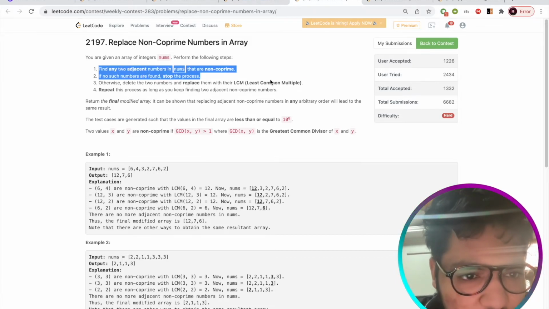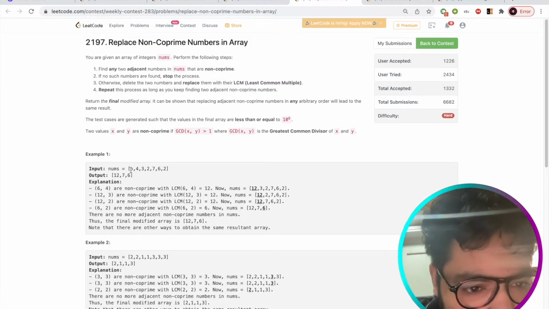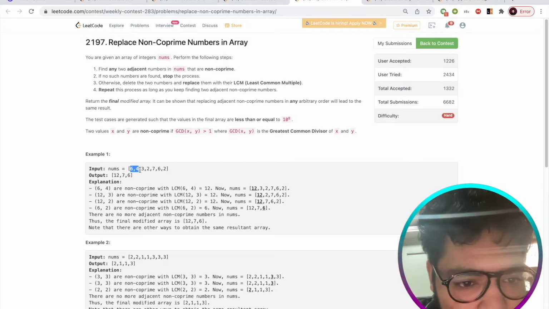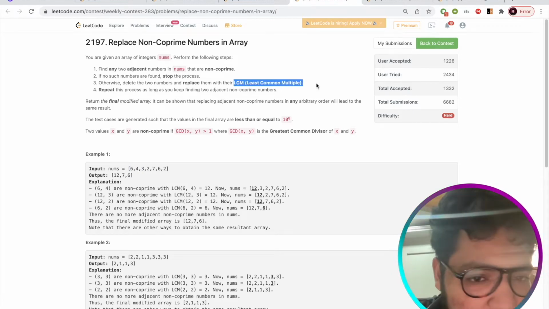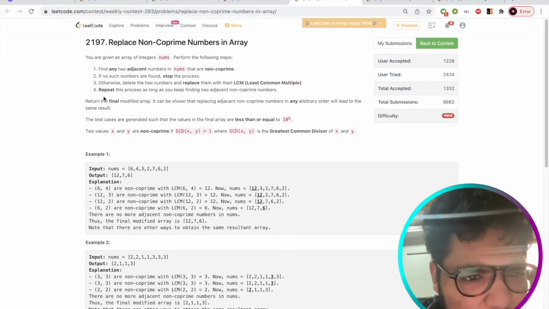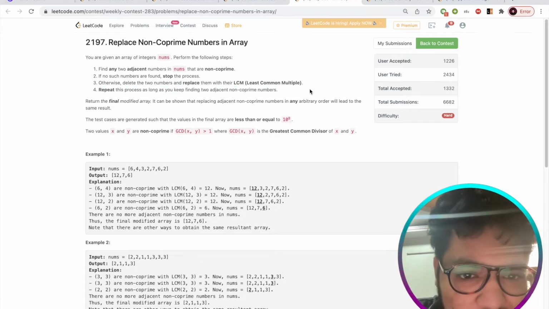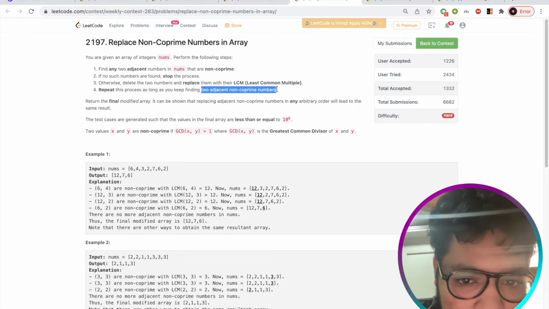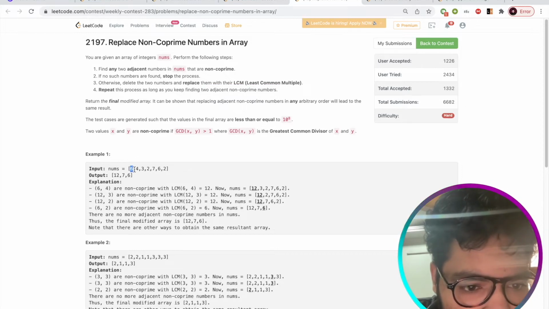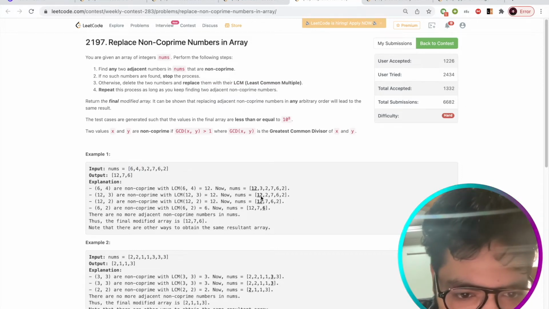What you could do is find any two adjacent numbers in this nums array, and then replace those two numbers with their least common multiple, which is LCM. And you could repeat this process for the whole array as you keep on finding these two adjacent non-coprime numbers. So like 6 and 4 you could replace by 12,